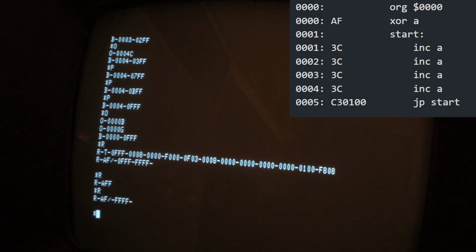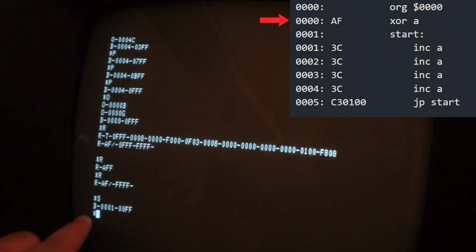So we can go back here, and we can do another interesting thing that is single step into the program. Since I reset it to 0, I can press the S command, and it will do a single step.